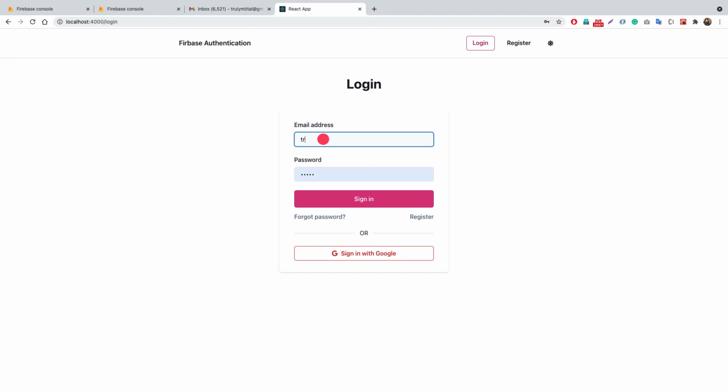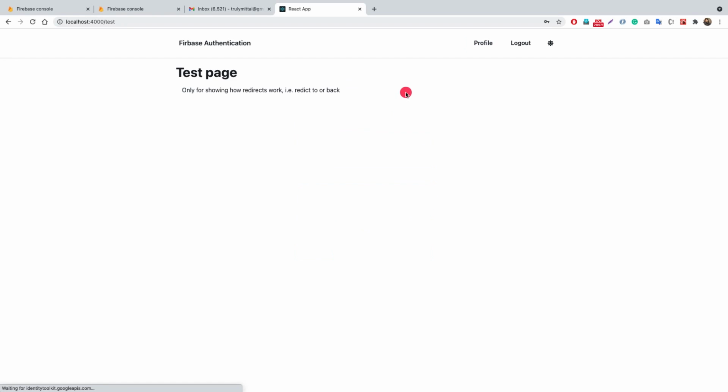But now if I log in here, using the registered email address and password, we see that we are taken back to that test page. So we are handling one more thing here, that is the user would be taken to that exact page from where he came from. That is, we requested the test page, but the user was not logged in, and therefore we came to the login page, and then once we logged in, we are taken back to the test